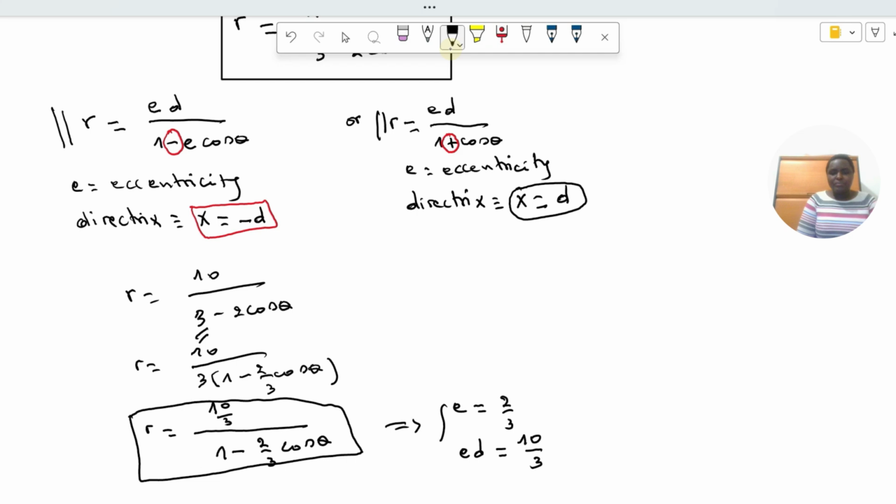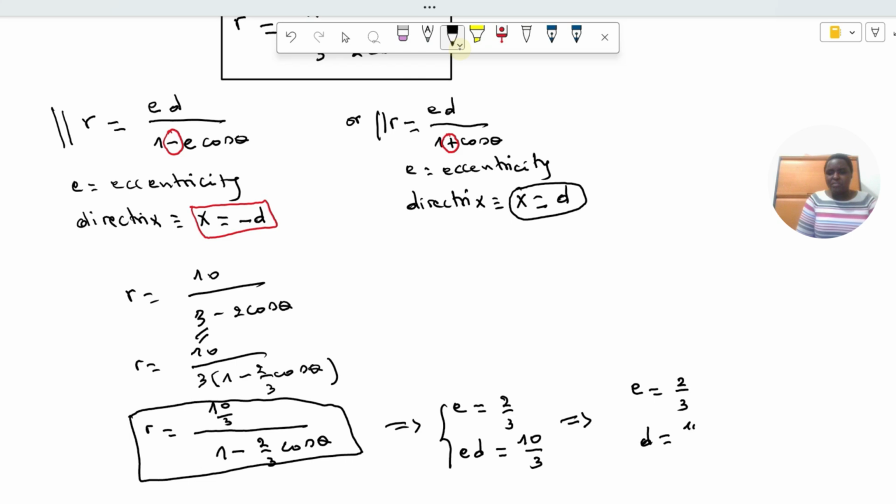And why? Because I'm comparing this 10 over 3 and this here, E times D. So E times D is equal to 10 over 3. And then you can see that from here we have eccentricity equal to 2 over 3, and D is equal to